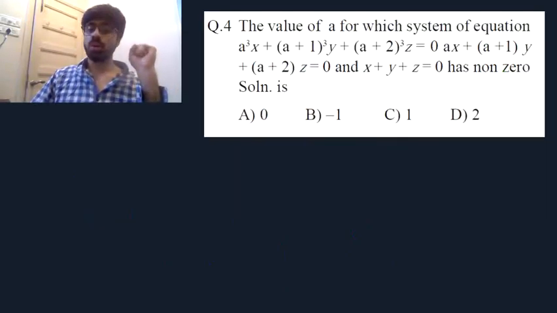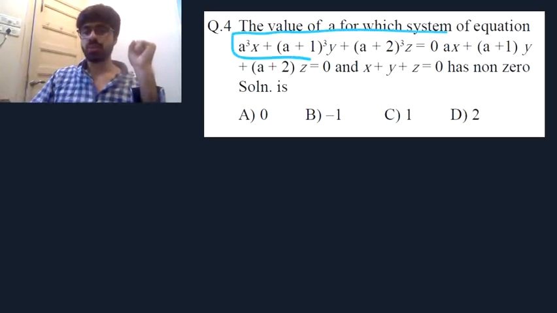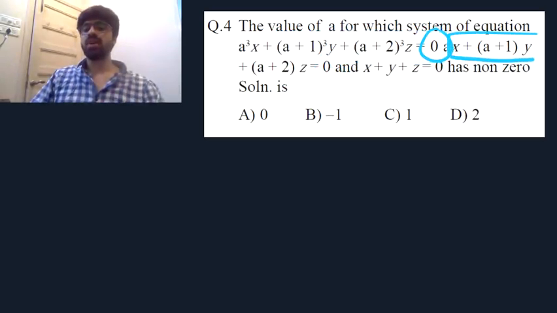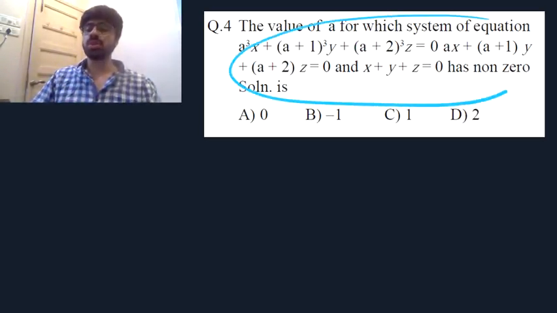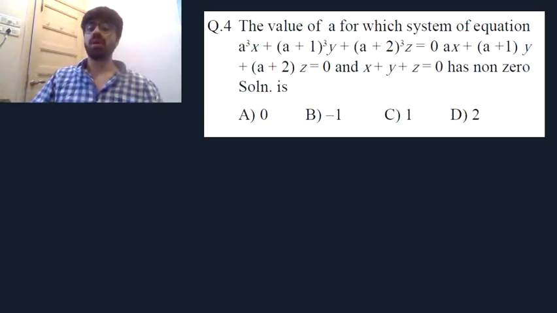Going ahead with the fourth one, you want the given system of equations to have a non-zero solution. If you check these equations, that's your first equation, the right hand side is 0. This is your second equation, again with the right hand side equal to 0, and then you have your third equation with again the right hand side 0. So x, y, z equal to 0, that is 0, 0, 0 is definitely one of the solutions for the given system of equations. But along with 0, 0, 0, it has a non-zero solution also.